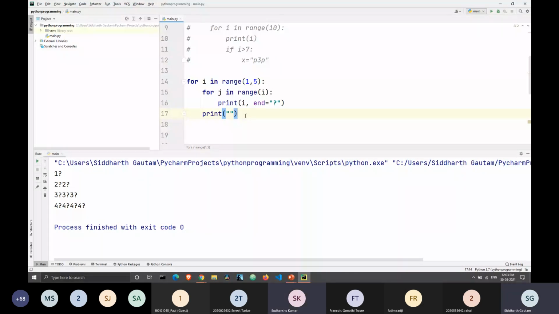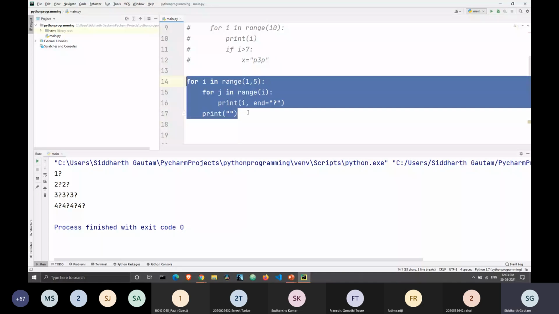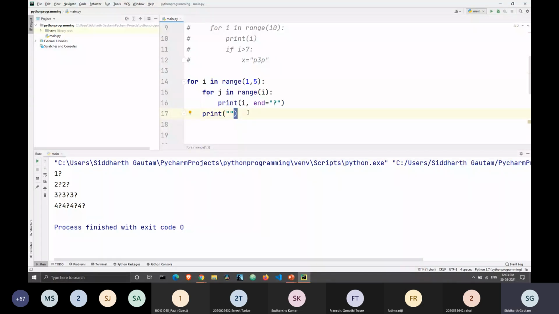So, more questions. Let's take a look at one or two more questions. Or rather, let's stay with this one, and we will change something about it. Let's say I want to print a 90-degree triangle made of stars. I will show you how that works, or I have it in the presentation.